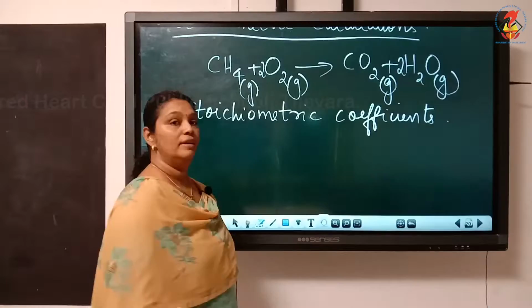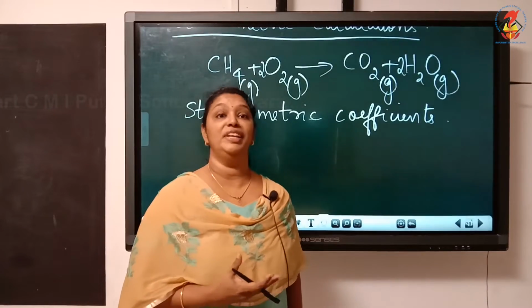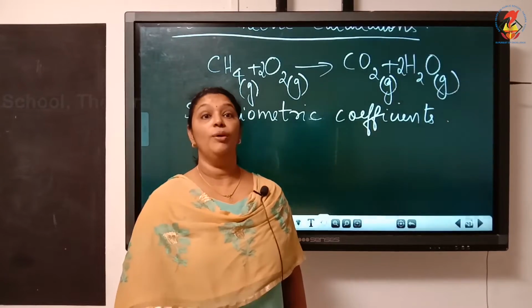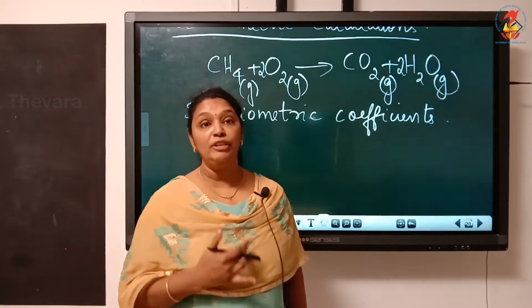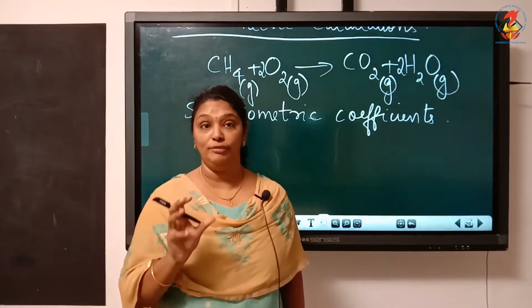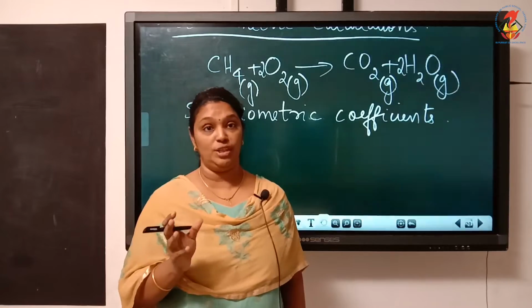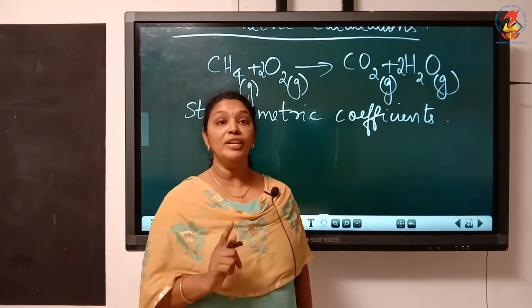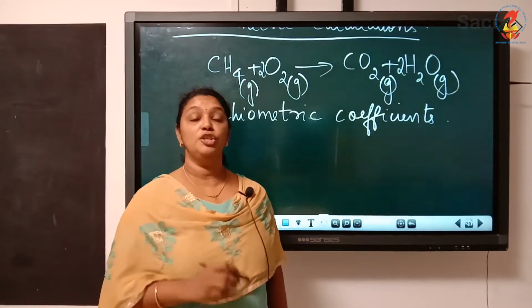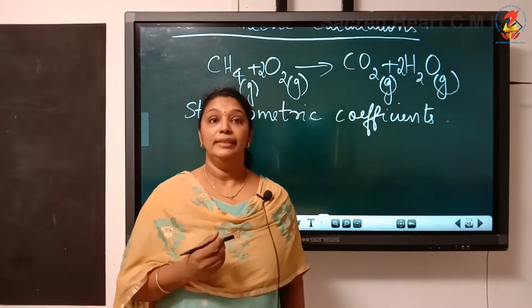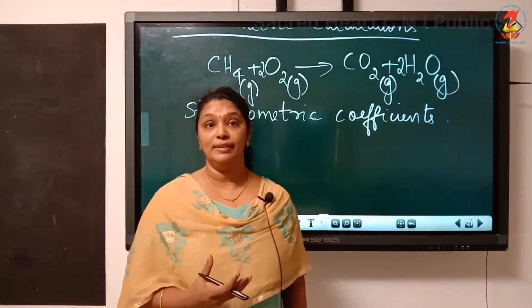Now, there is a lot of information that we get by looking at the stoichiometric coefficients. So, I am going to write the different information that you get by seeing the stoichiometric coefficients in a balanced chemical equation. The first information is that the stoichiometric coefficient gives us information about the number of molecules that